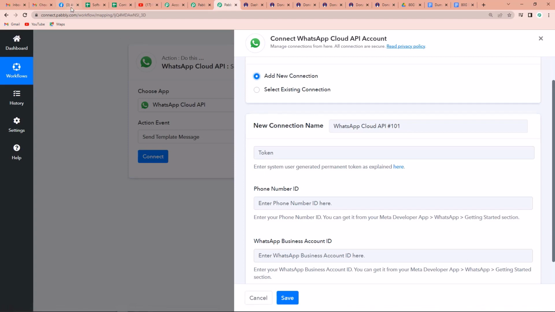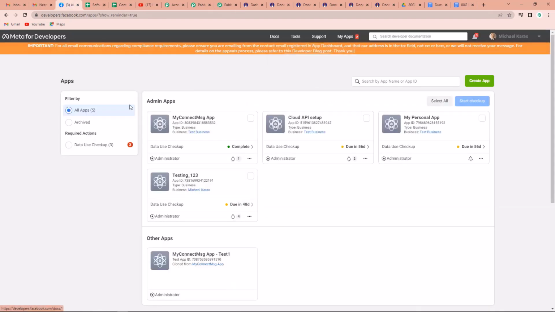For this, I'm going to go to Meta for Developers page, and here these are the My Apps. Basically, I have already created these apps. Now you can also create your own app. How would you create? By clicking on this create app thing. Also, a dedicated video is there in the description box where you would be able to understand how to run this entire WhatsApp API. So here I'm going to click on this My Connect message app which I've already created,